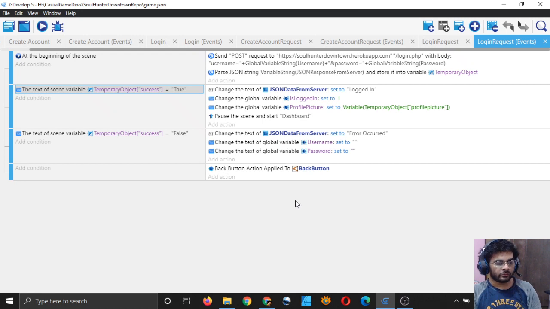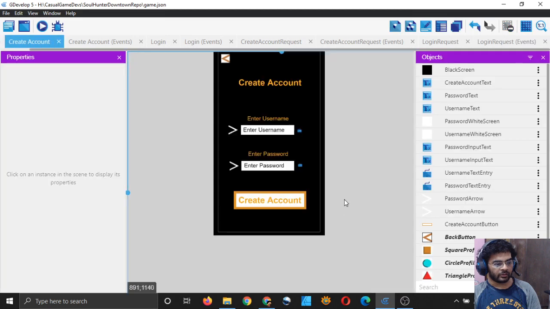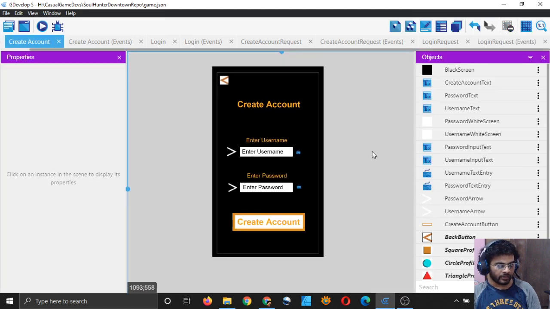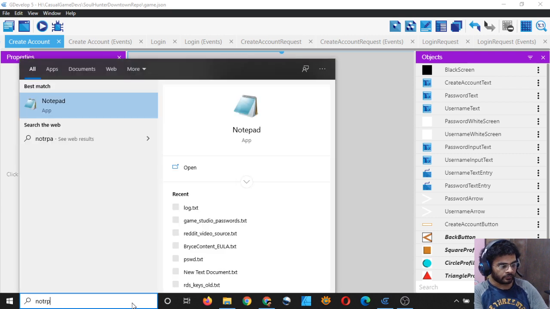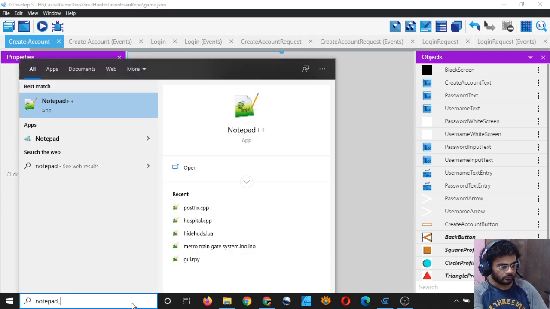So I have to copy these two. Oh yeah, one more thing. Before creating the create account request, we also need to send a profile picture to the server, right? So let me open the folder where I have written the server code, or let me simply open Notepad++.